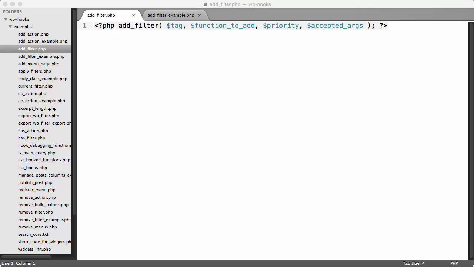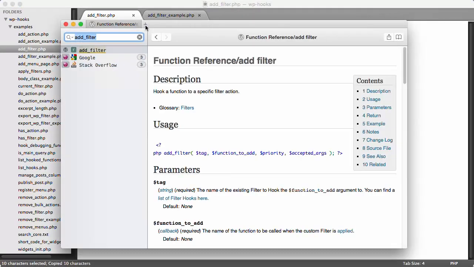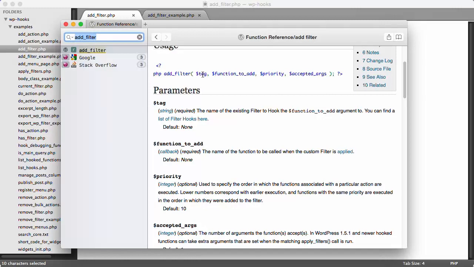Let's go ahead and start with looking at the code file addFilter.php. This is the code used to add your own function into an existing hook. If we search through our documentation and we find the function reference for it, we can see that it's accepting a few arguments here for the